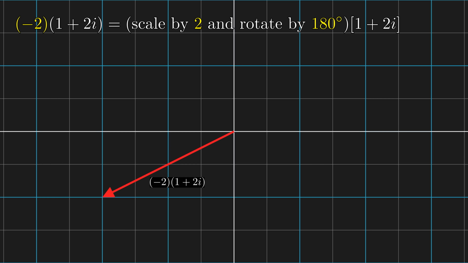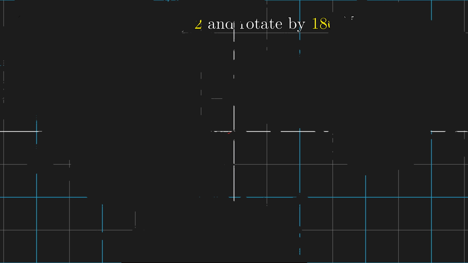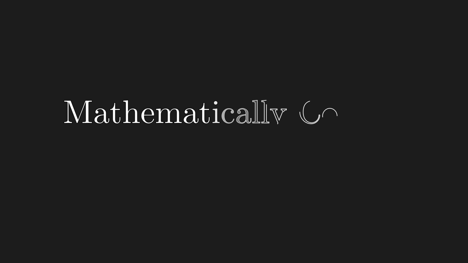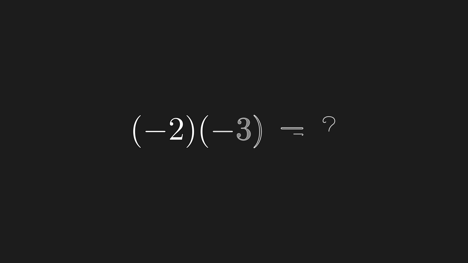These two explanations are cool, but I can't help but feel that they are trying to prove something by either providing examples or looking from the outside in, without fundamentally justifying why it is the case. And I want to approach it from a more mathematical perspective. So, let's ask the question one more time. What is negative 2 times negative 3?